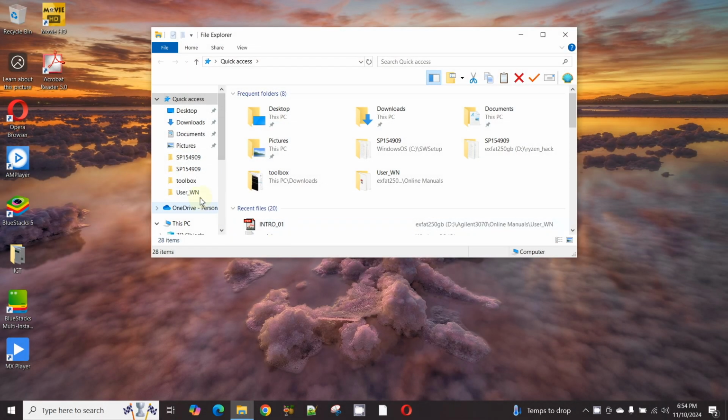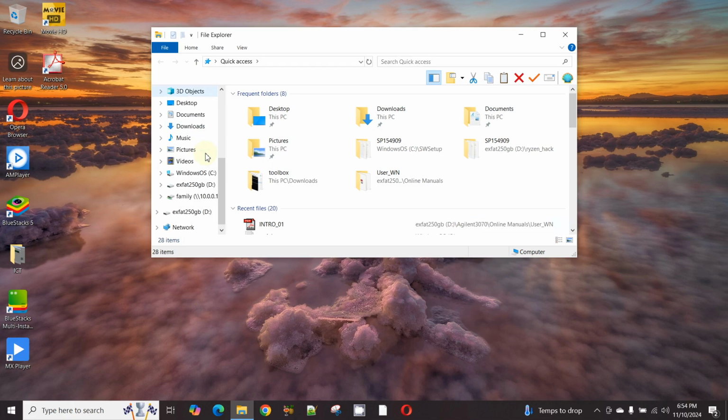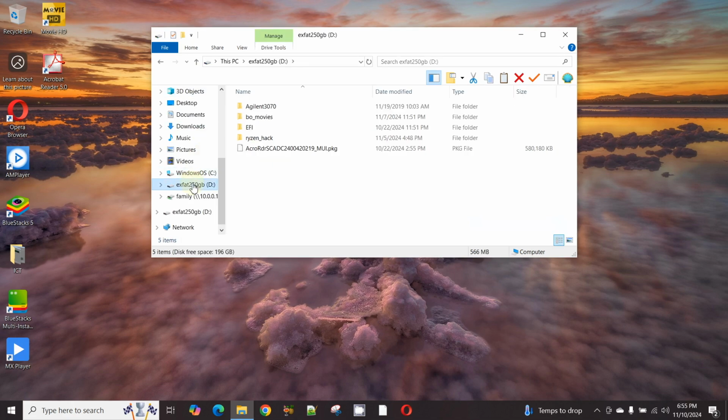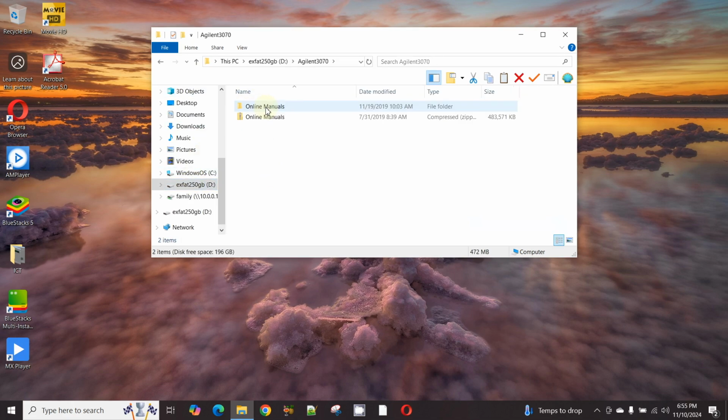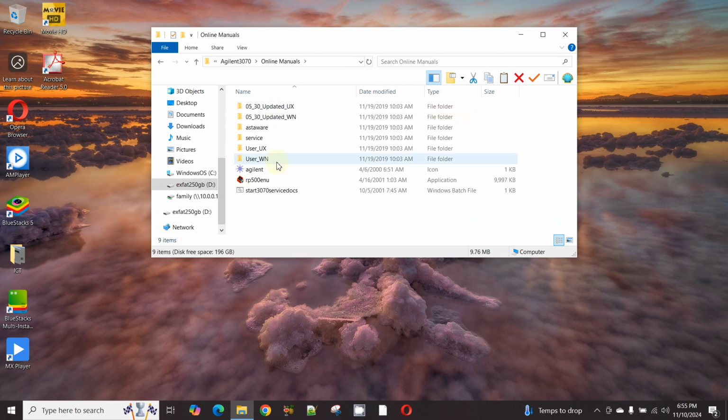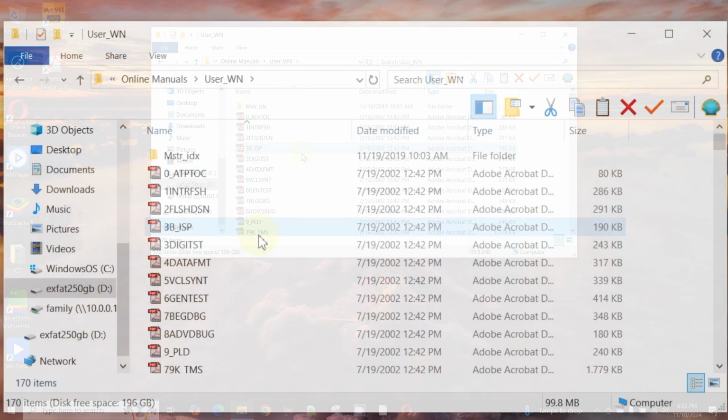Okay, so when we download the manual, we unzip it and go into the folder. We need to install Acrobat Reader 5.0. Okay, and after we install it, we're going to open user win,